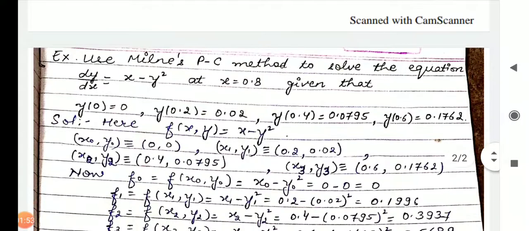So we consider an example over here. Use Milne's PC method to solve the equation dy by dx is equal to x minus y square at x equal to 0.8, given that y at x equal to 0 is 0, y at x equal to 0.2 is 0.02, y at x equal to 0.4 is 0.0795, and y at x equal to